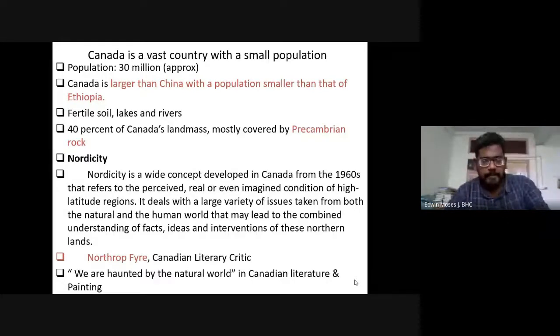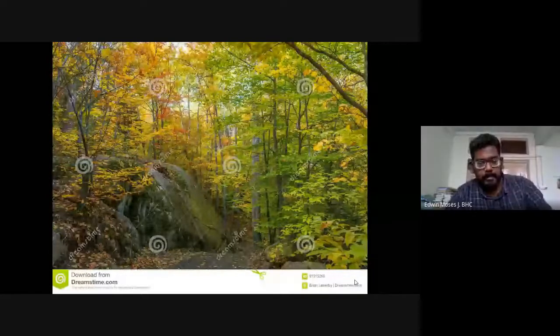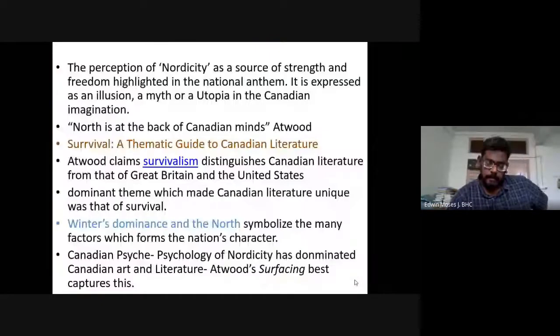Are you following me? Are you with me? Yes, sir. Can you see the Precambrian rocks? This is a picture of Precambrian rocks. Large mass of rocks. You have pine trees, you have maple trees in Canada. So the perception of Nordicity